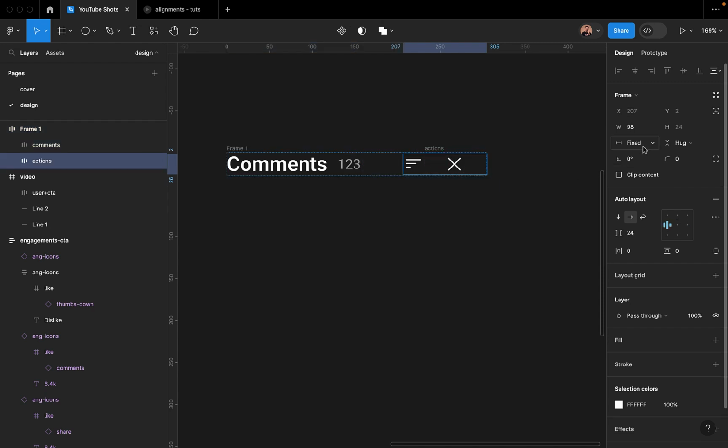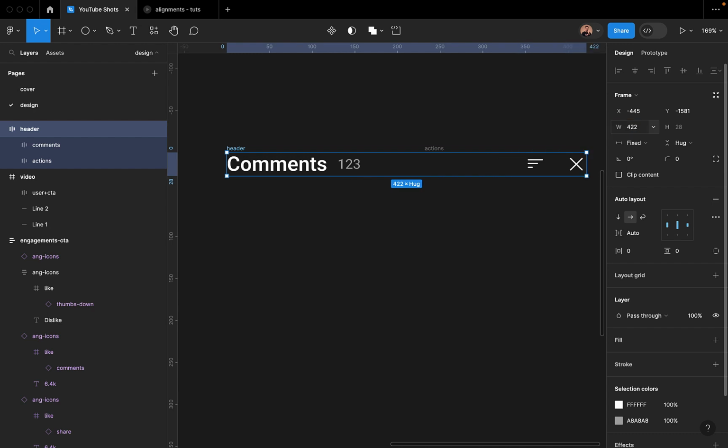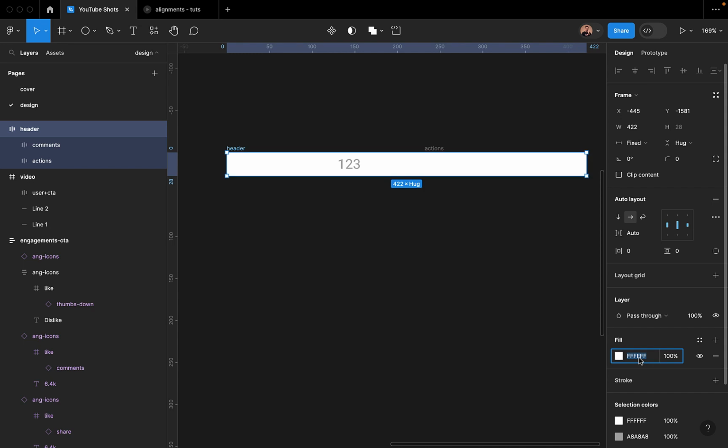Then this other one should actually be hug. All right, perfect. So this one now, let us call it our header, for example. So with this now, we could give it any width of our choice. We could increase it even up to like 4 or thereabout. We could give it the background color, and the background color could be something like